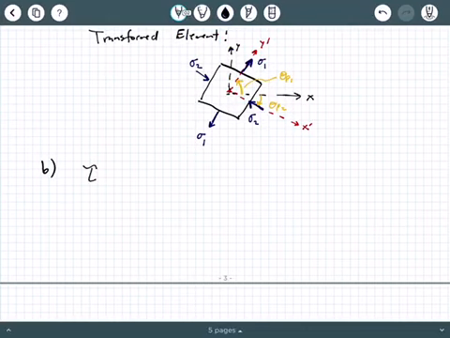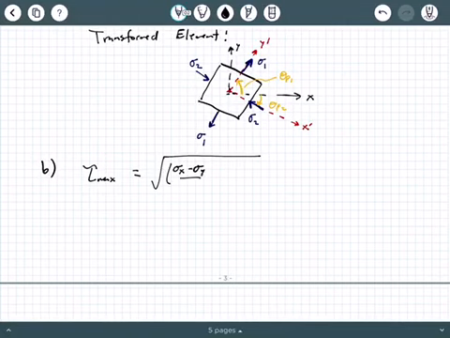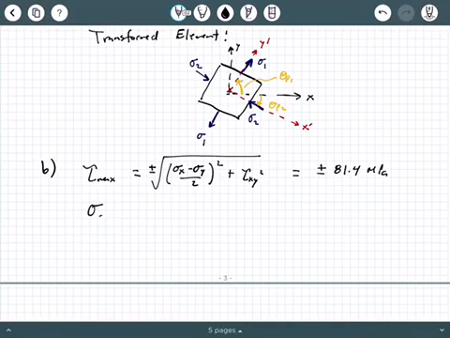Now, the second part, part B of this problem, asked for the element with the maximum shear stress and its orientation. So we follow a very similar procedure. I'm going to go a little faster through this because, again, mathematically, it's a very similar procedure. So we can get tau max equal to the square root of the quantity (sigma x minus sigma y) over 2, squared, plus tau xy squared. There's a plus and minus in front of that square root. If we punch this through, we get plus and minus